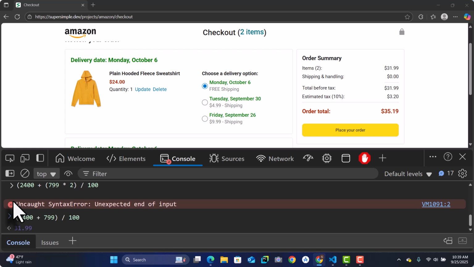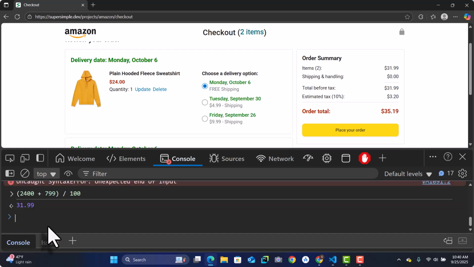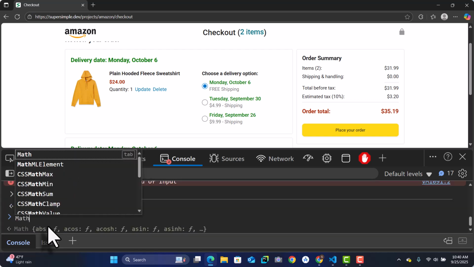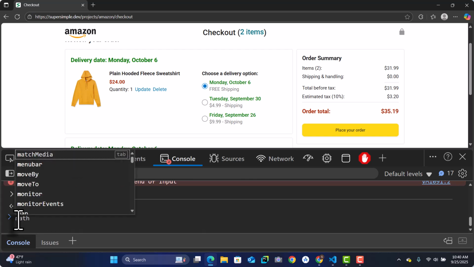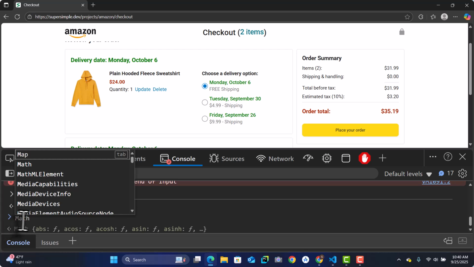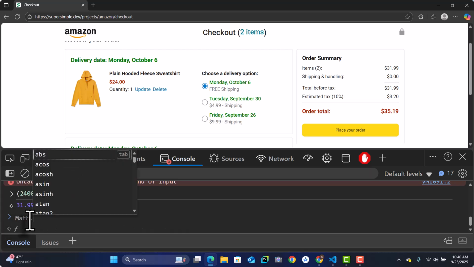Next, we're going to learn how to round the number, and rounding the number means taking the number and moving it to the nearest integer. So let's see how we can round the number. To round the number, I'm going to go down here and I'll type Math, and we need to use a capital letter M. You need to type the text exactly as I'm typing, because JavaScript is case sensitive. If you have a lowercase m, that is going to mean something completely else. So capital M dot round,